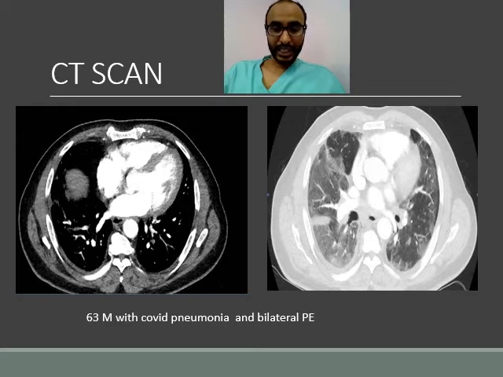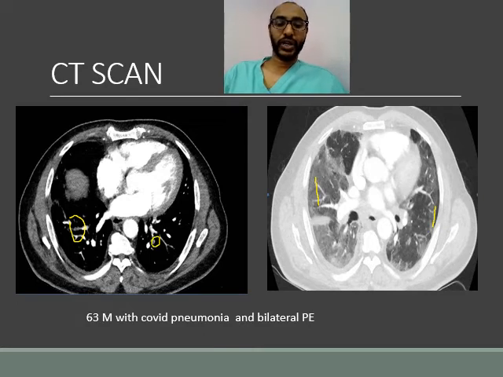You can see in the CT scan ground glass changes bilaterally. هو although clinically fever settled, inflammatory markers coming down, was still hypoxic, so اتعمل له CT scan, and you can see CT pulmonary angiogram, and you can see filling defects here for example, and here bilateral filling defects, multiple PEs,